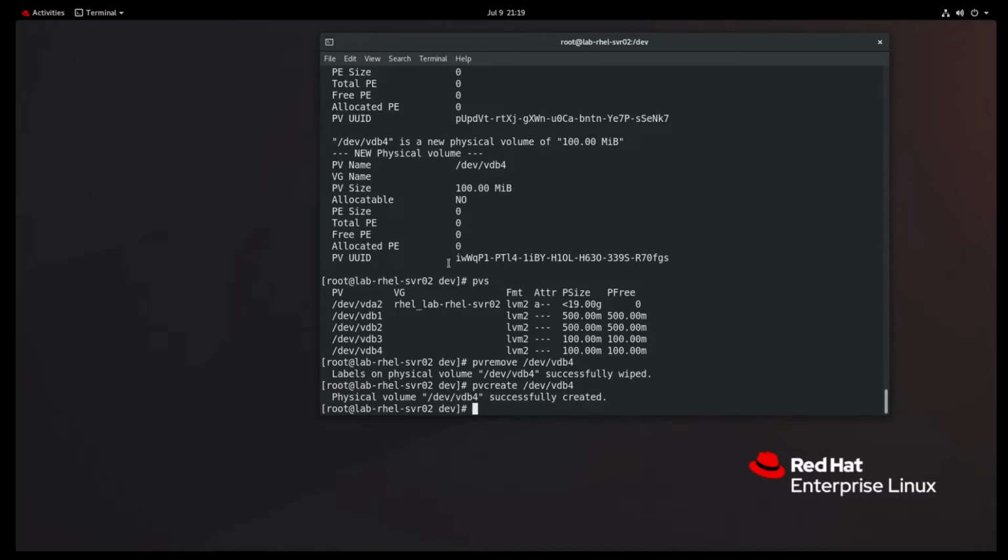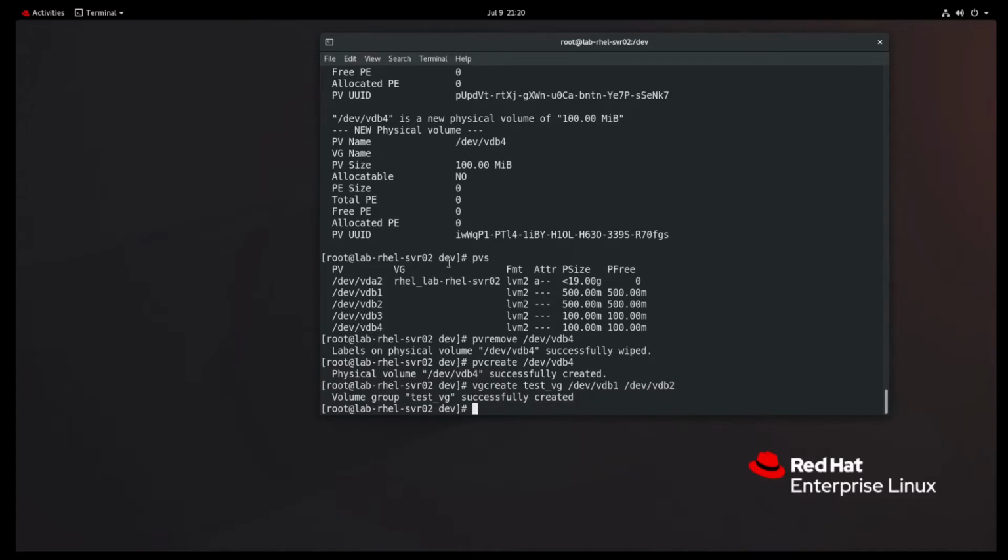So for volume group, we're going to do vgcreate. We need to give it a name, and we'll just call this test_vg, and then we tell it which physical volumes we want. We want /dev/vdb1 and /dev/vdb2. It tells us that our test_vg has been created, and we can do vgdisplay, which will give us